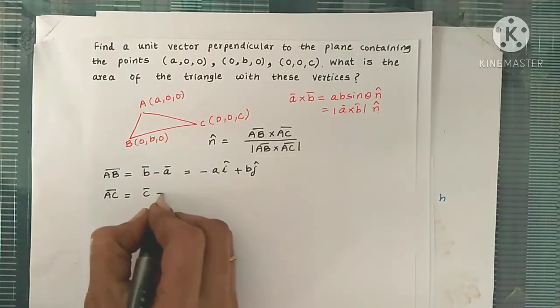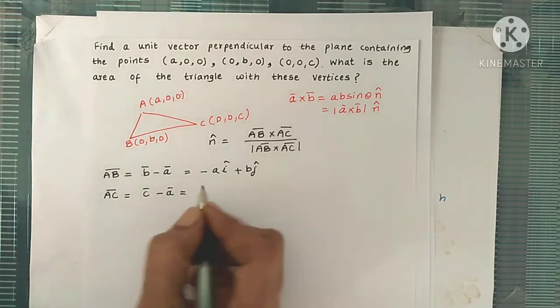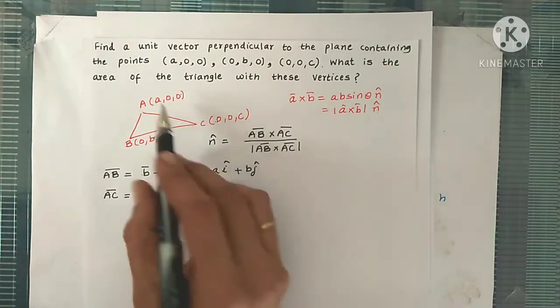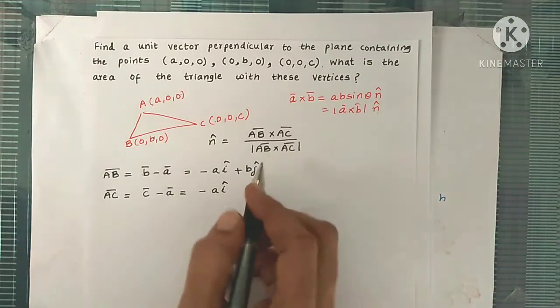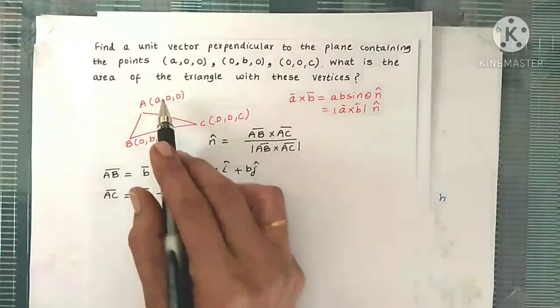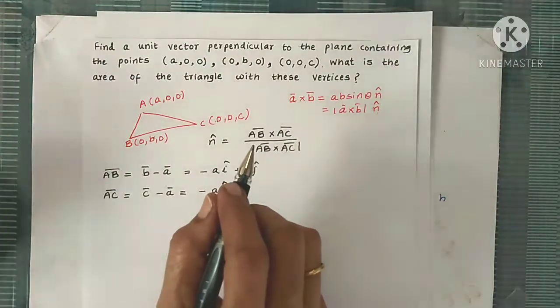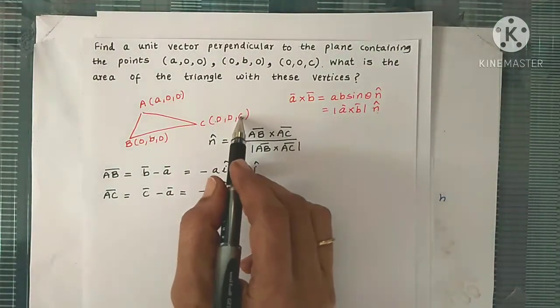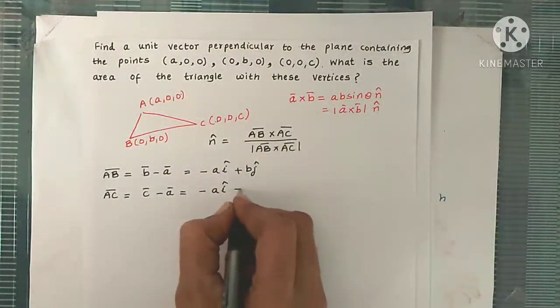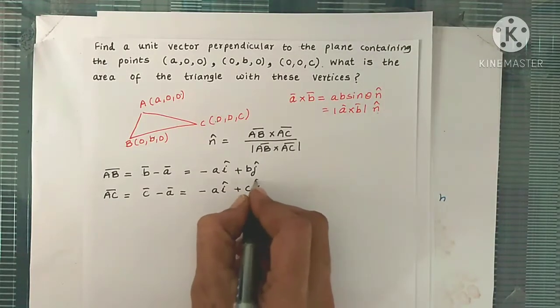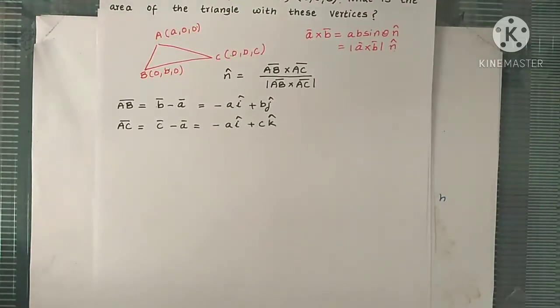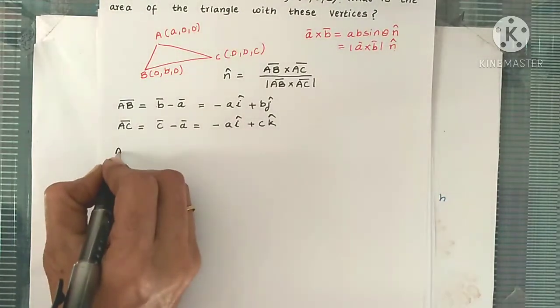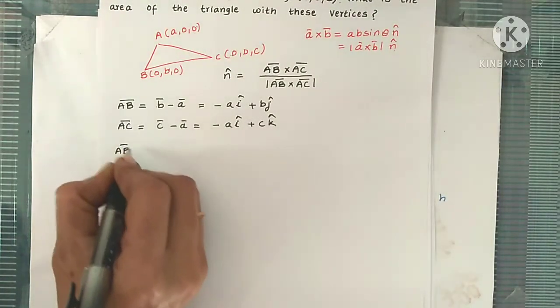Okay, let's write C bar minus A bar first and then the difference. So 0 minus A is minus A I cap. In between term is 0 minus 0, so we don't get a term in J cap. And the last one is C minus 0 K cap, that is C K cap. So we have AB bar and AC bar. Now let's find out the cross product. So AB bar cross AC bar